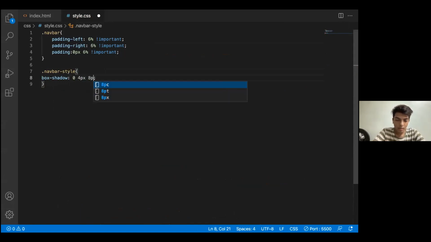204px 8px, and some colors. So the first color would be RGBA 0, 0, 0, 0.2, and the second color would be 0, 6 px, 20 px.